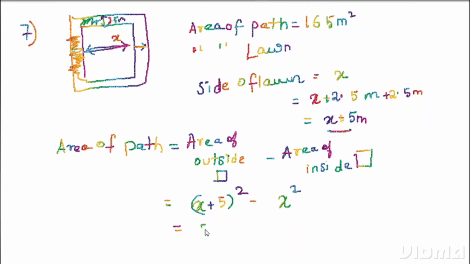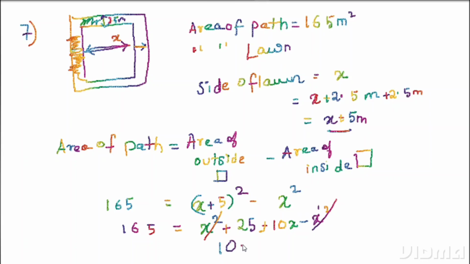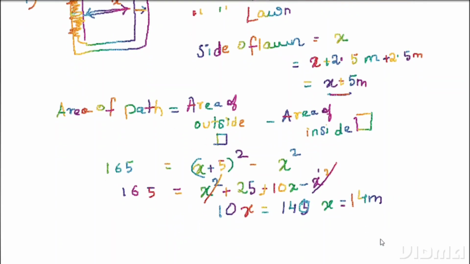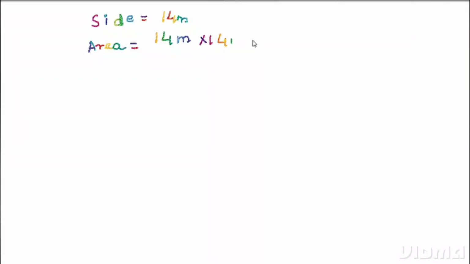So now you know (a plus b) square क्या होता है, a square plus b square plus 2ab, so that is 10x minus x square. और ये एरिया ऑफ पाथ मुझे दिया हुआ है, वो क्या दिया हुआ है 165। तो x स्क्वायर कैंसिल हो गया। अब हम लोग क्या कर सकते हैं, 10x है इसको उधर सेंड कर देंगे तो ये 145 हो गया, ये जब उधर जाएगा तो ये 140 हो जाएगा। और फिर हम लोगों ने x निकाल लिया that is 14 मीटर। तो जब बड़ा वाला का साइड निकाल लिया तो उसका एरिया भी निकाल सकते हैं। तो एरिया क्या होगा, 14 मीटर मल्टीप्लाई बाय 14 मीटर, तो ये हो गया 196 मीटर स्क्वायर। तो उसका ट्विस्ट वहीं पर था, that you have to take how to take the side. तो ये था 7th क्वेश्चन। Now